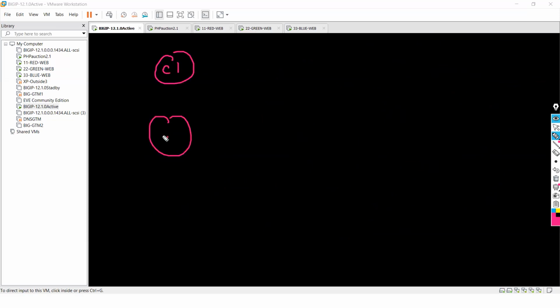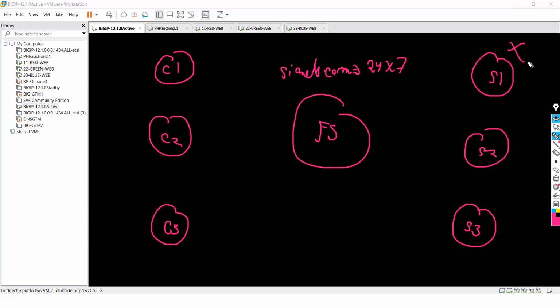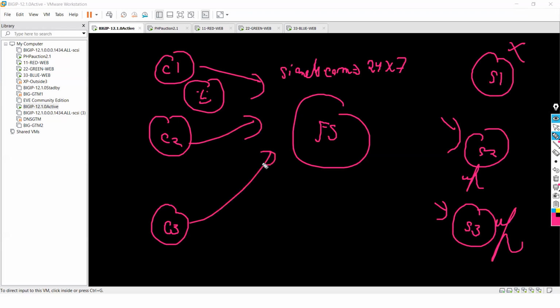So, a simple diagram: client 1, client 2, client 3, then the load balancer, then you have server 1, server 2, server 3. The load balancer's role is to make sure my application sianets.com is 24x7 available. Even if this server goes down, these are still up, so your client will be happy because they are able to access it.